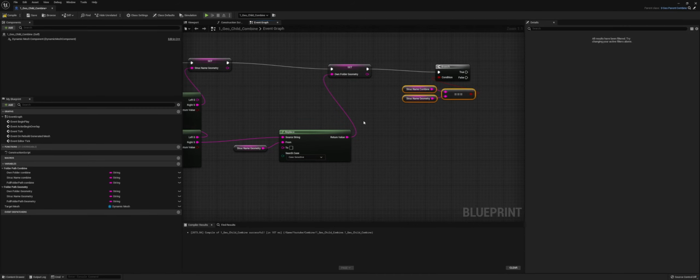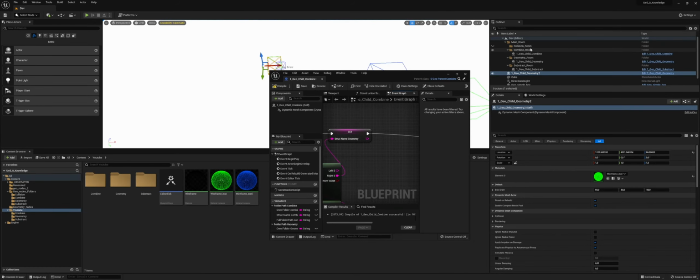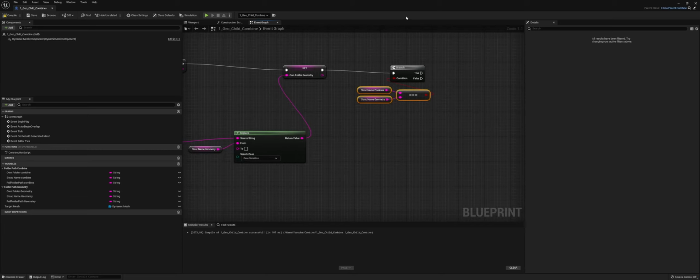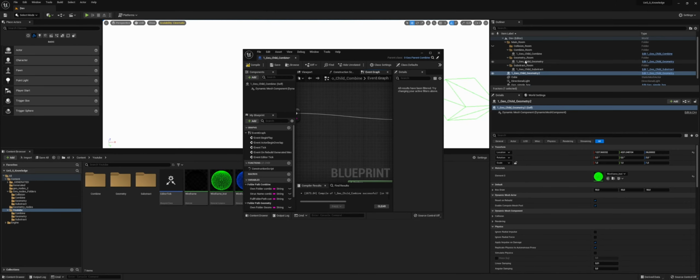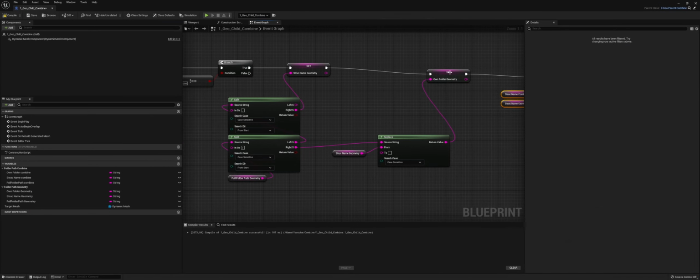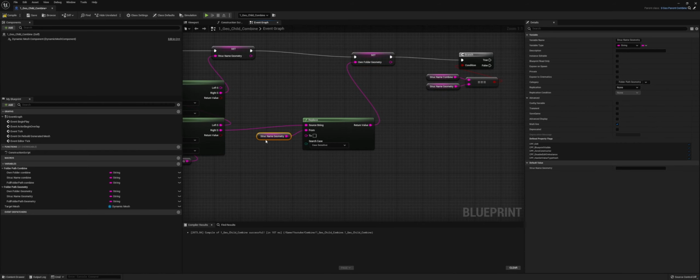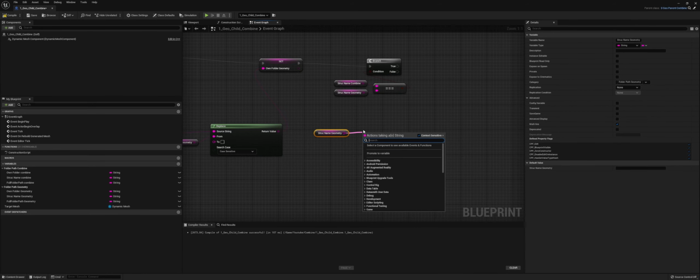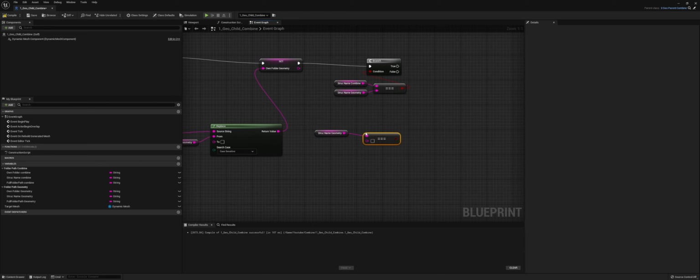For that we can check if they have the same name here in the back, right? But we also want to check in which subfolder they are. For that we have the own folder. Let's get our geometry own folder. And if this is exactly equal to